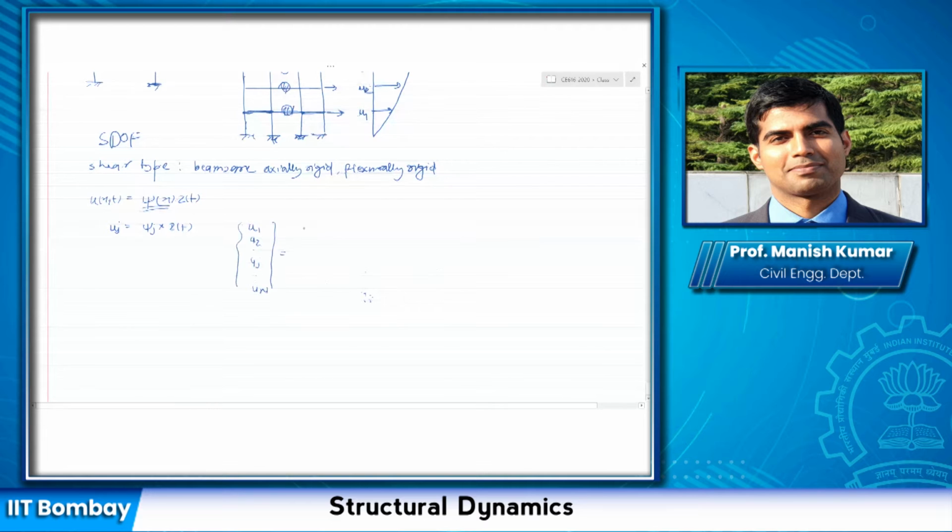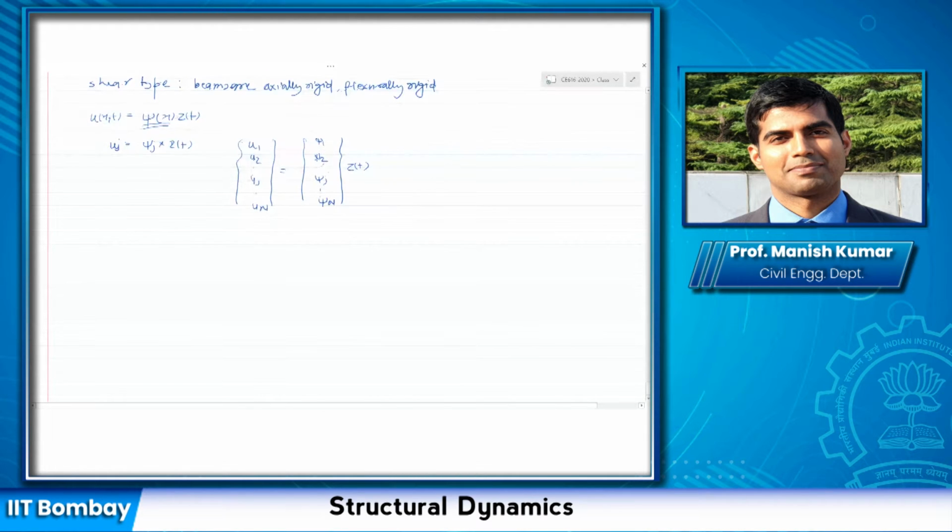Okay, so this is how I'm going to write my vector now. Similarly, whatever we did for a continuous system, we are going to do for the discrete system. For example, if you assume that this deflected shape looks like a straight line, a triangular shape, then how can I write it? If you had written it in terms of a continuous function, you would have written phi x is equal to x, isn't it? If you assume it to be x.